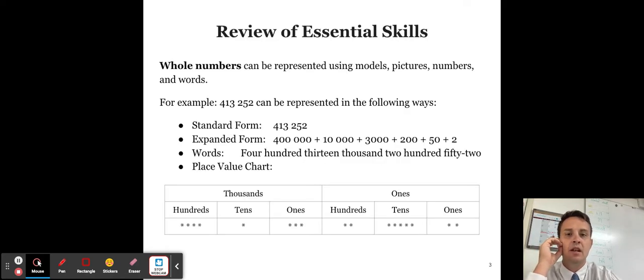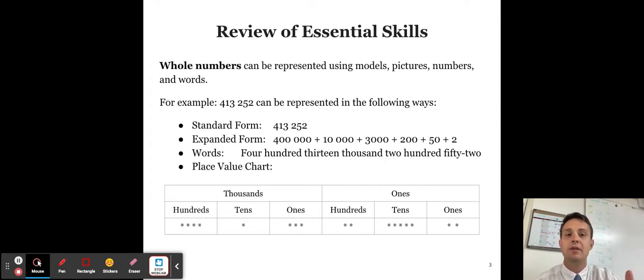Okay, so to review, whole numbers can be represented using models, pictures, numbers, and words. So, for example, 413,252 can be represented in the following ways. Standard form, just written with just the numbers. Expanded form, you can see 400,000 plus 10,000 plus 3,000 plus 2,000 plus 50 plus 2. Words,